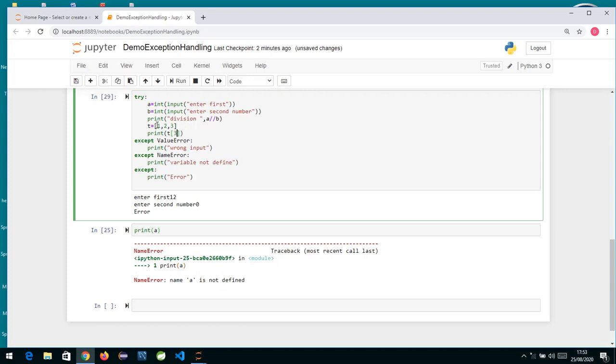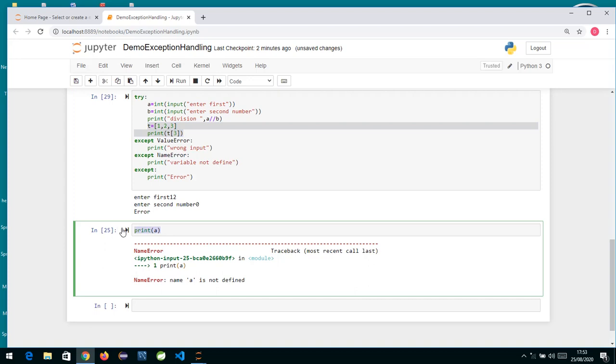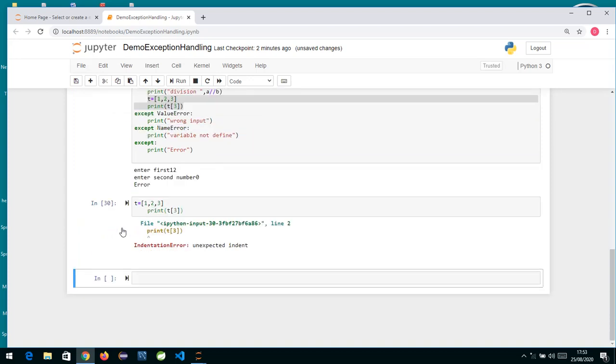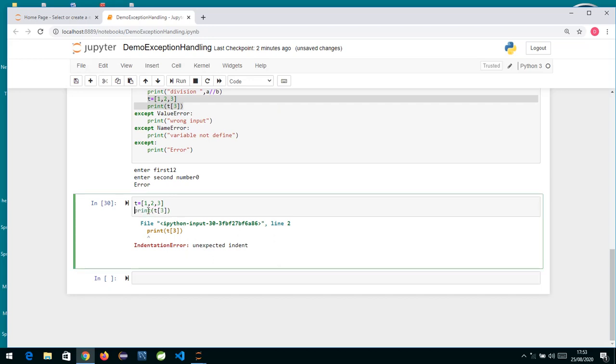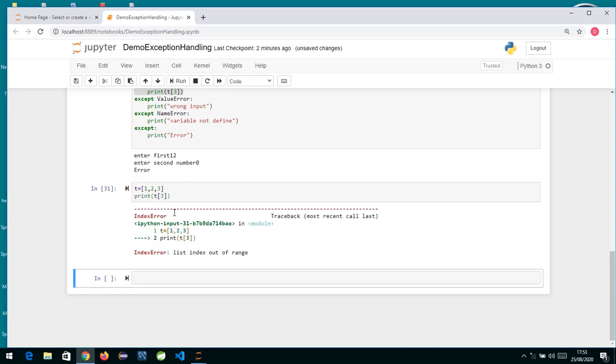Now we know this index is 0, this is 1, and this is 2. So if I run and show you this logic, I got an indentation error, sorry. So if we run this, we are going to get index error. Why? Because it's out of range.